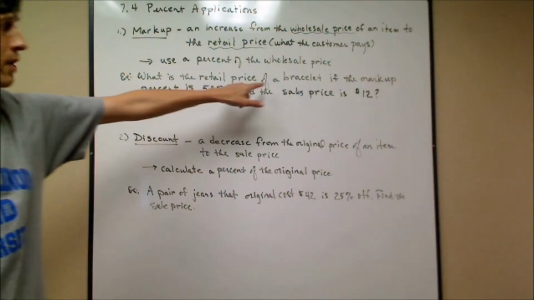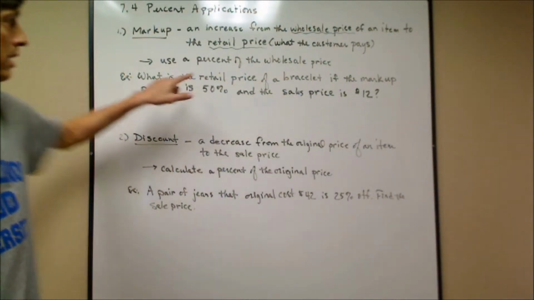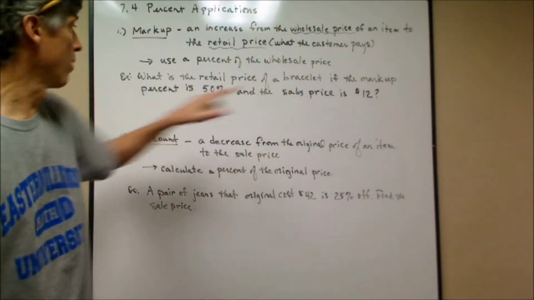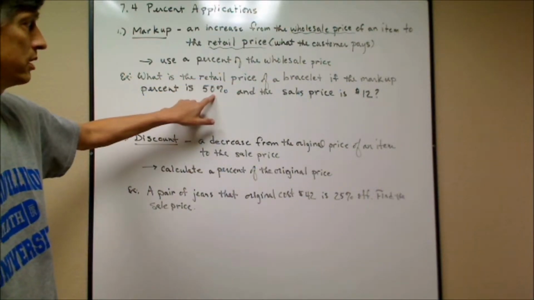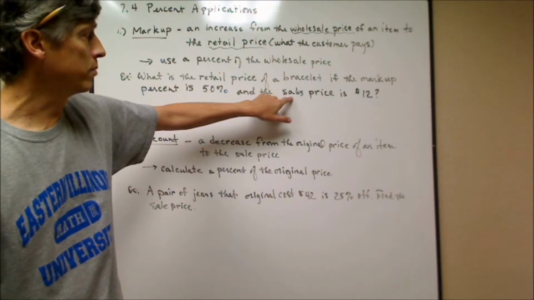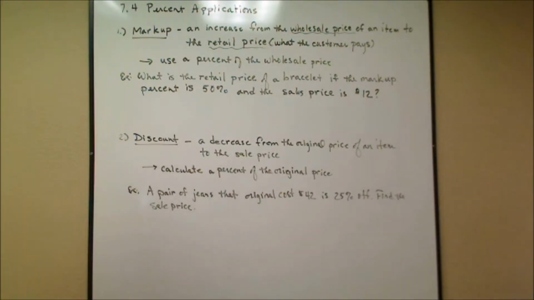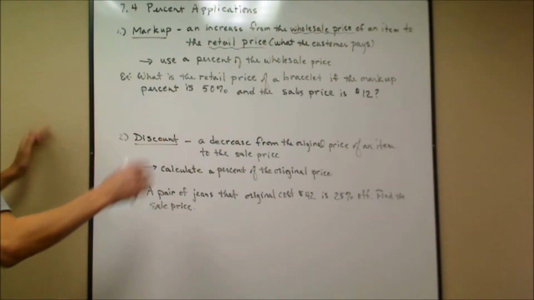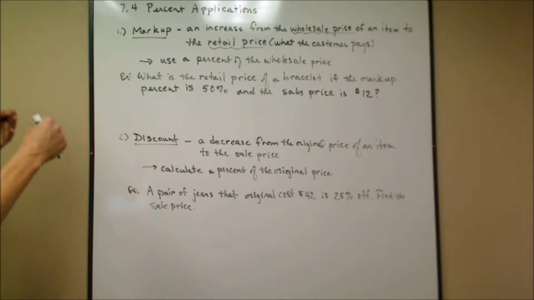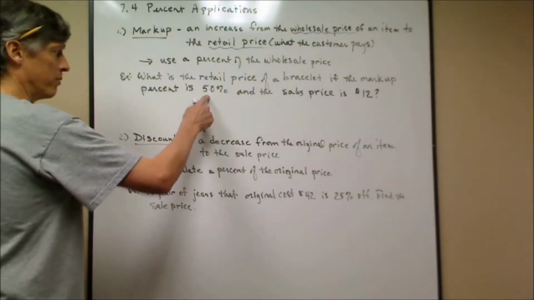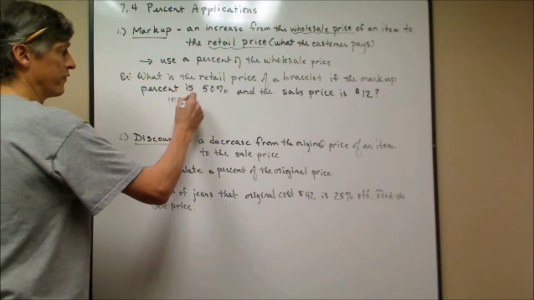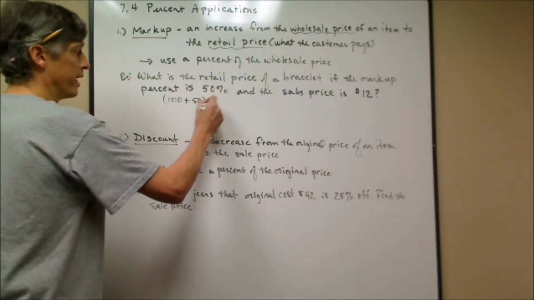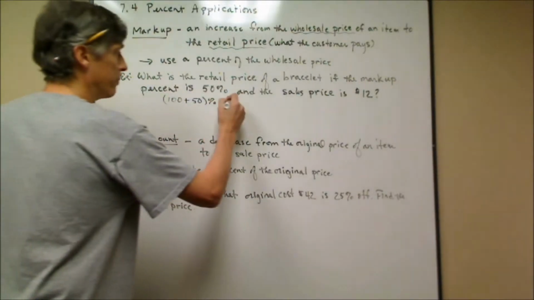What is the retail price of a bracelet? That's what you're going to pay. If the markup percent is 50% and the sale price, or the wholesale price in this case, is $12. So what we're going to do is take a percent of the $12. But what percent? Well, you have to pay the whole $12 and more, 50% more. So you take 100 plus 50, and that's what you're going to be taking the percent of. 150%